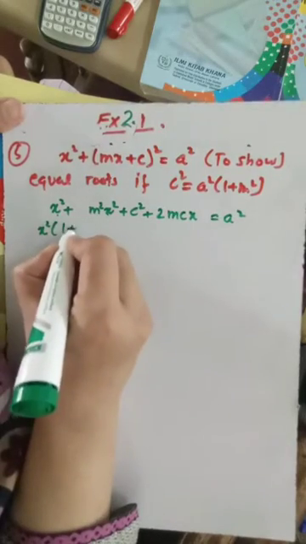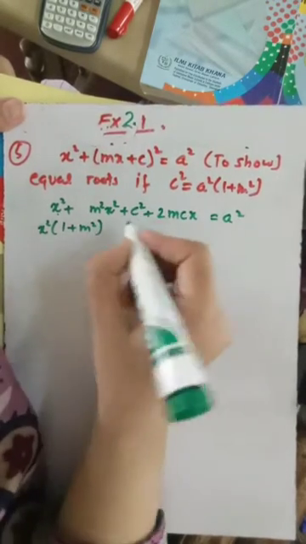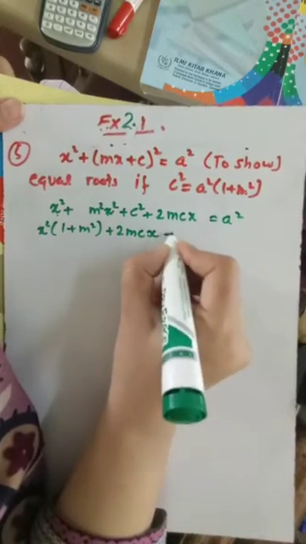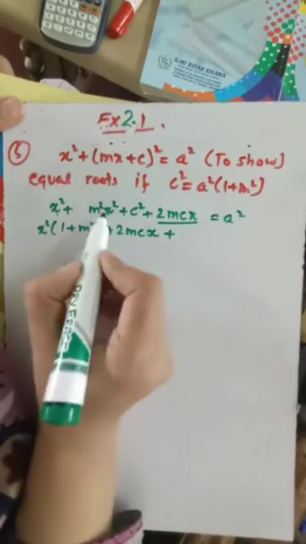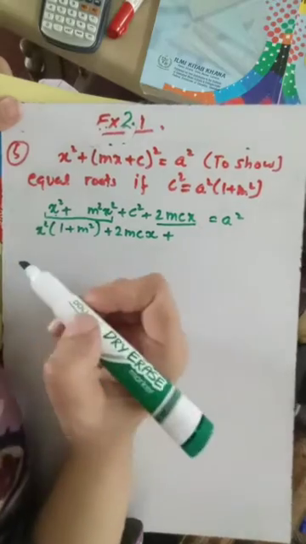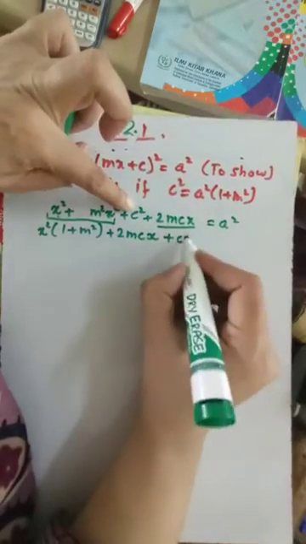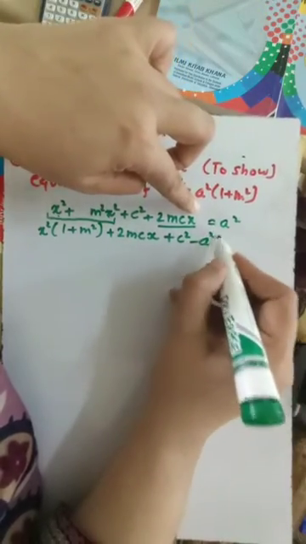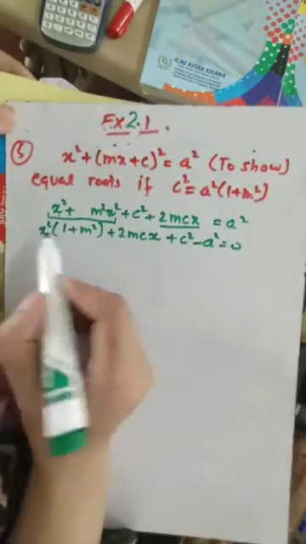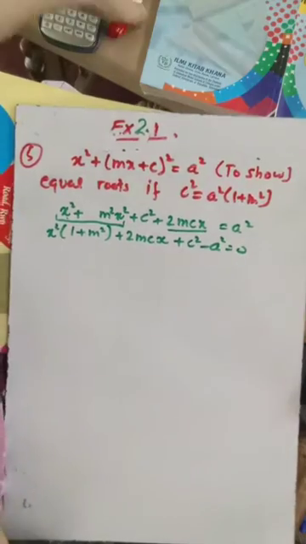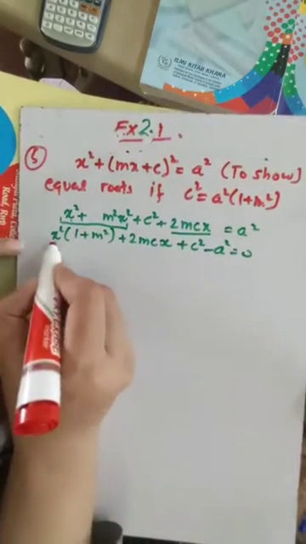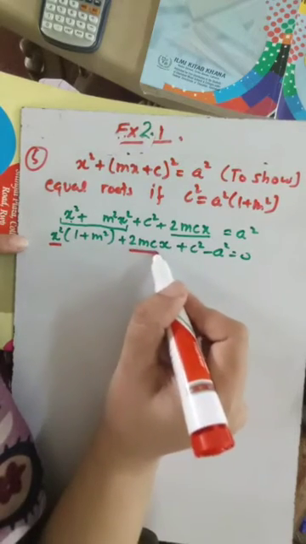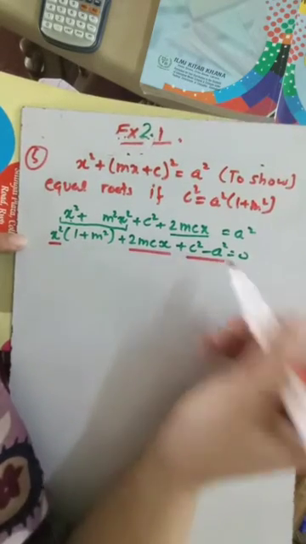Taking x square common from here, it will be 1 plus m square plus 2mc x. This is the term involving x, these are the terms involving x square, and the constant terms are c square and a square shifted to this side, which will give us negative a square, okay. So now it is in standard form because this is the form ax square, the term ax square, this is the term bx, and this is the constant term,